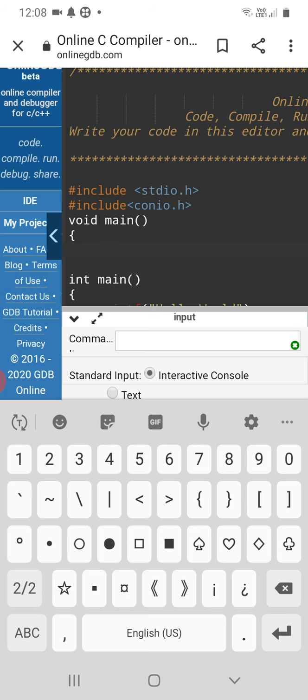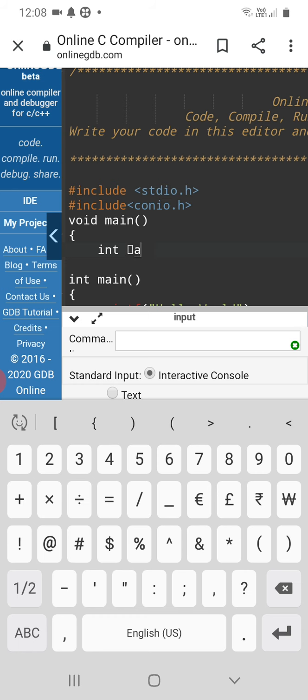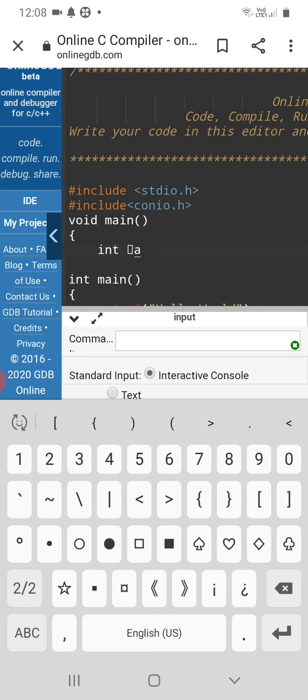Next, moving on to the line, we have to declare the variables and initialize variables. Here I am declaring the variables of int type, signed int, which is the default: int a, and I am declaring an array of size 10.